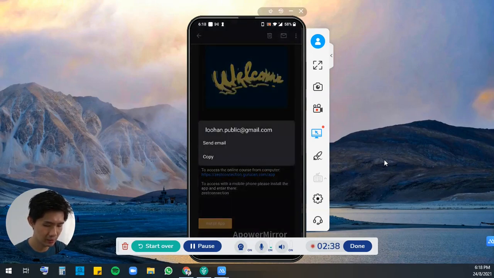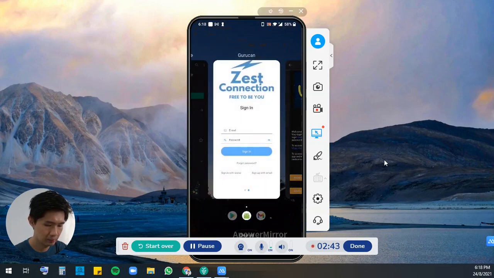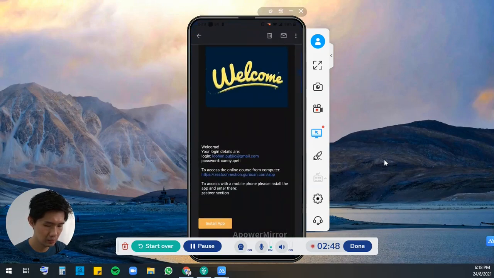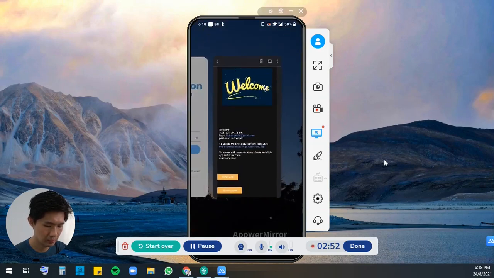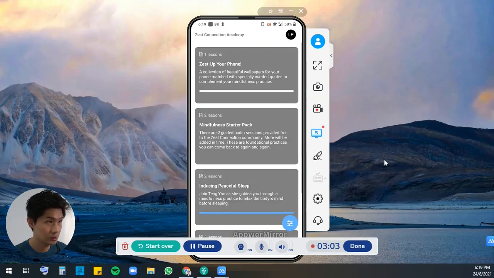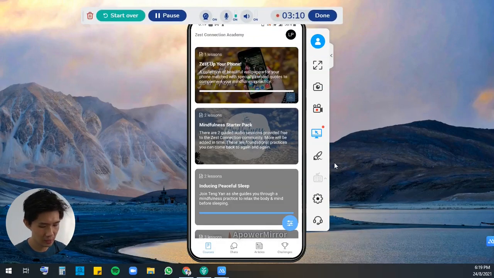So what I'm going to do is I'm just going to copy, all right, I'm going to copy to here. I'm also going to copy the password. Right, please change your password. I'm going to copy the password and I'll paste it here. Okay. And then we'll sign in. All right. So once it's signed in, then you can see that, okay, so there are